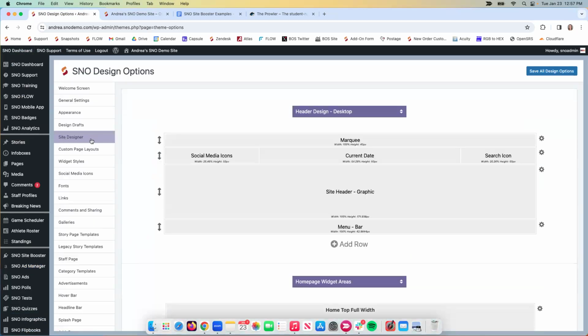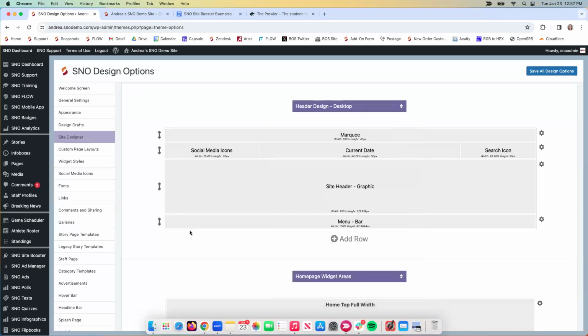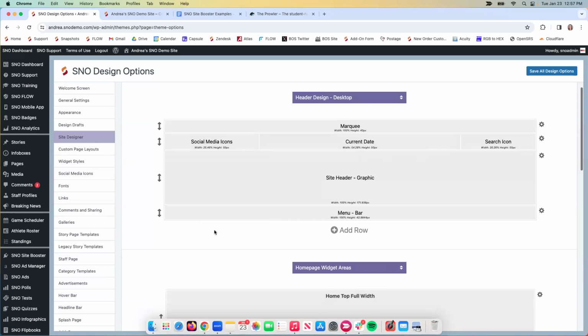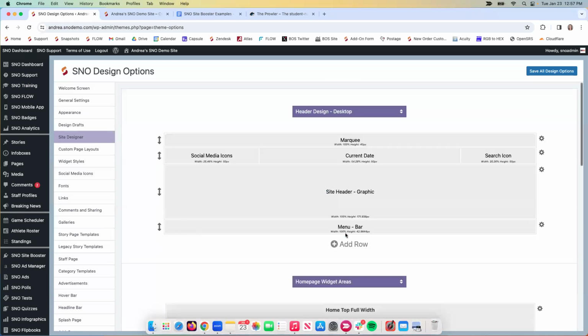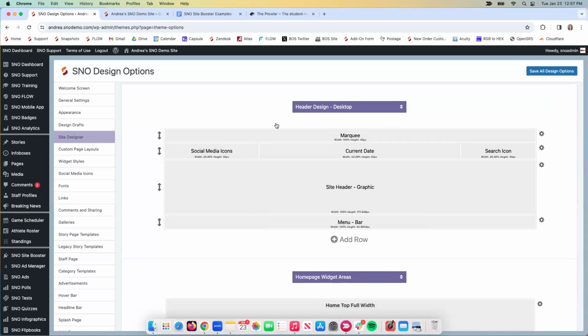And I'm going to use the Site Designer tab. Now, if you've never been in the Site Designer, this is kind of a blueprint of your entire homepage. So the header, the widget areas, and the footer. So if I wanted to display my header ad group up in my